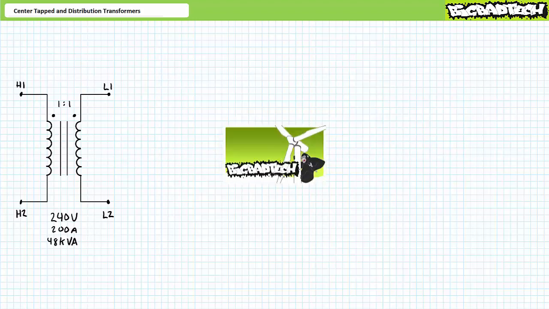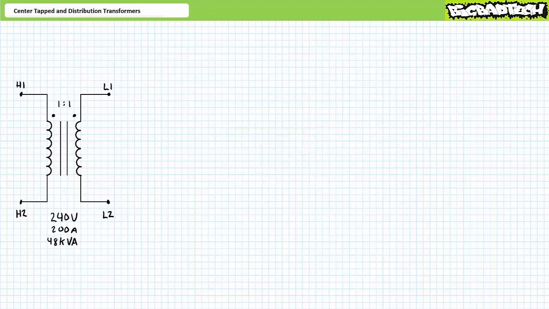Recall in the transformer connection diagrams lecture, available at the Big Bad Tech channel, we introduced phase dot notation, where the terminals identified with the phase dots simultaneously achieve the same polarity. For example, consider a 1-to-1 isolation transformer with a 240 volt, 200 amp rated primary and secondary windings. This transformer will be capable of transferring 240 times 200 or 48 kilovolt amperes of power without physical or electrical